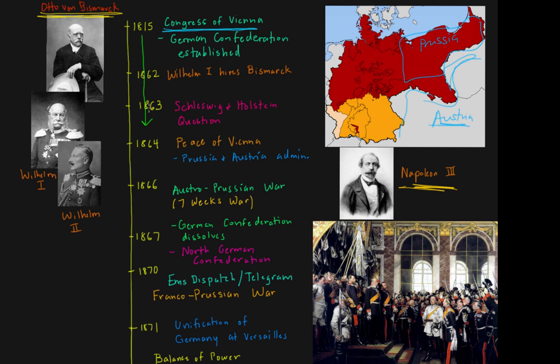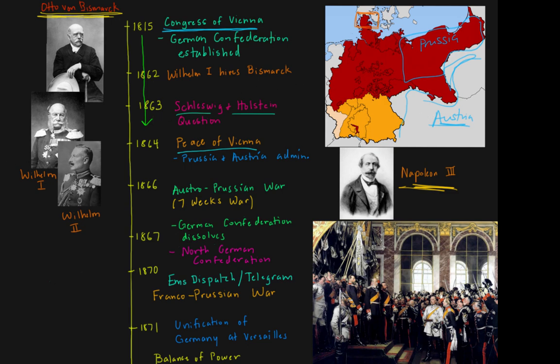Now, his first chance as the Chancellor of Prussia comes in 1863, to show that Prussia is indeed this military might in the German Confederation. And that opportunity arises when Denmark invades two disputed territories called Schleswig and Holstein. And as you can imagine, the German Confederation, along with Prussia and Austria, weren't really happy about that. So they attacked and they took back Schleswig and Holstein. And as part of the peace treaty that these two states, along with Denmark and all the rest of the German states, signed, the Peace of Vienna, Schleswig went to Prussia and Holstein went to Austria.